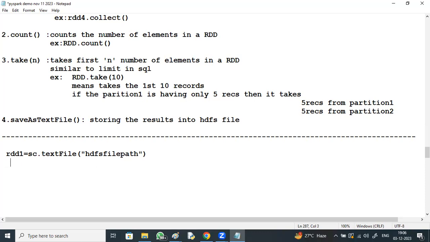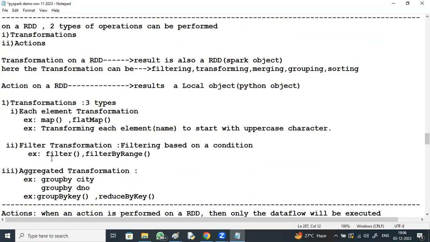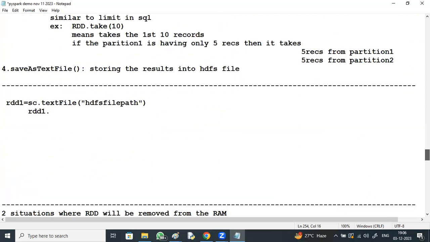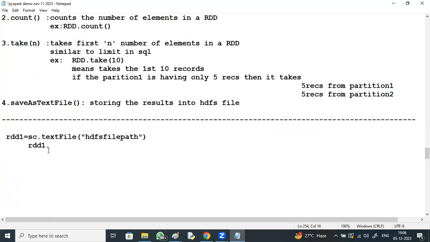So now RDD2, how is it created? On this RDD1, I performed a transformation, for example a transformation like map: RDD1.map.